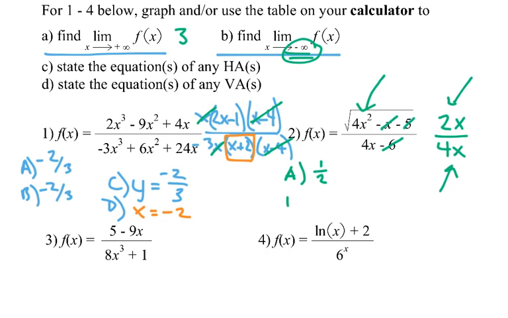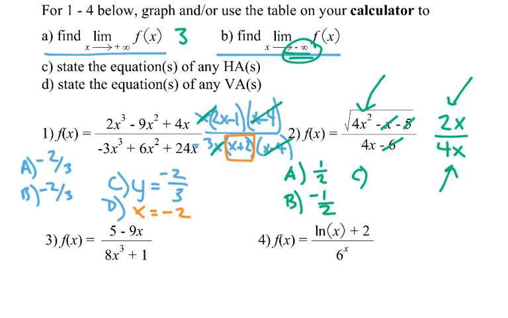And so the answer for B is still going to be 1/2, but it's going to be negative 1/2, because that number on the bottom is going to be negative. And if you don't understand that, we can talk about that idea more in class. You can also graph this and see that that's true. That's what's happening. C,